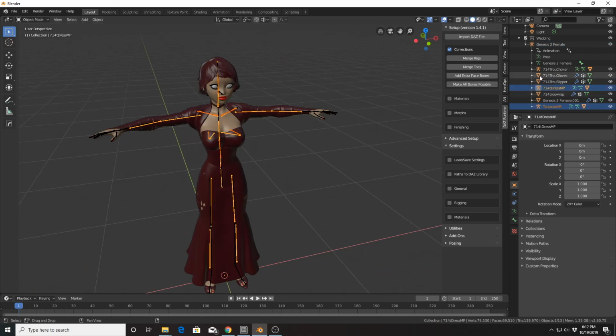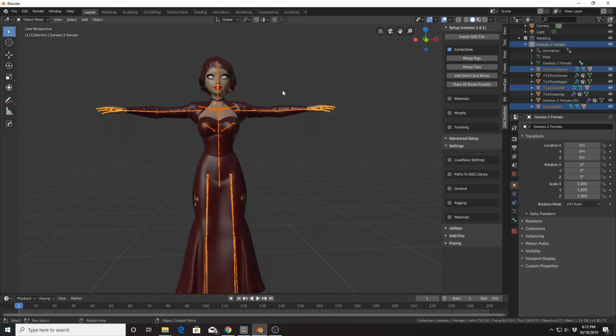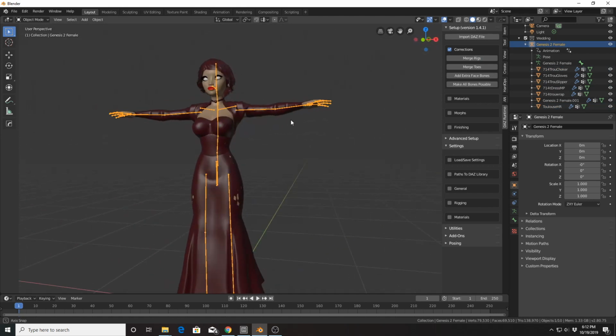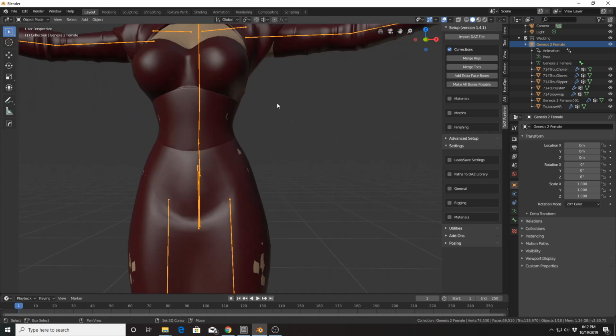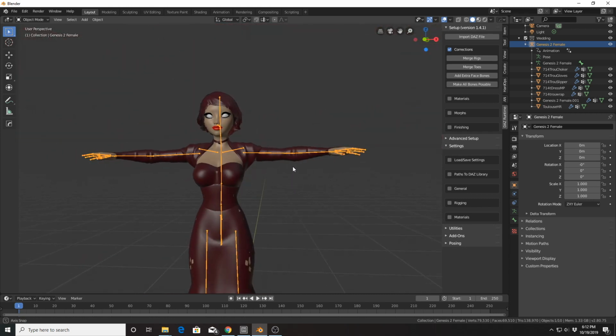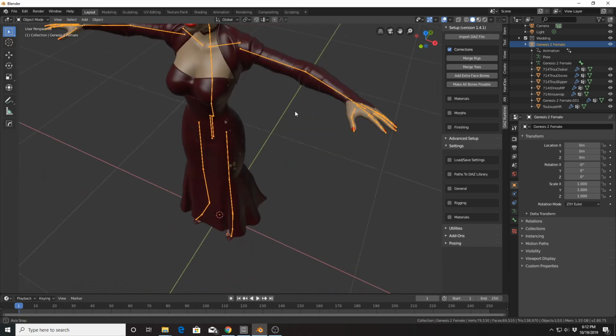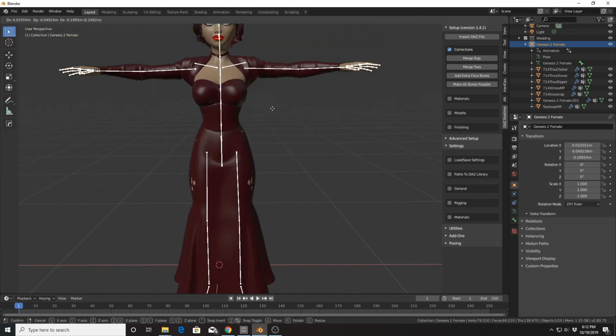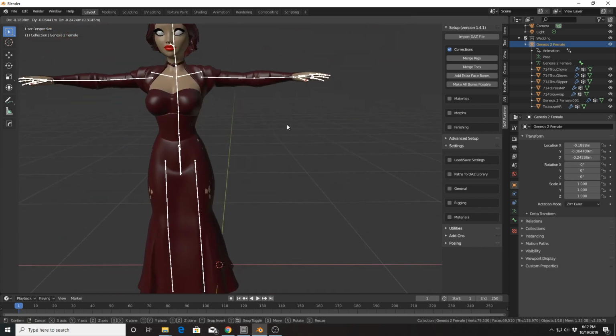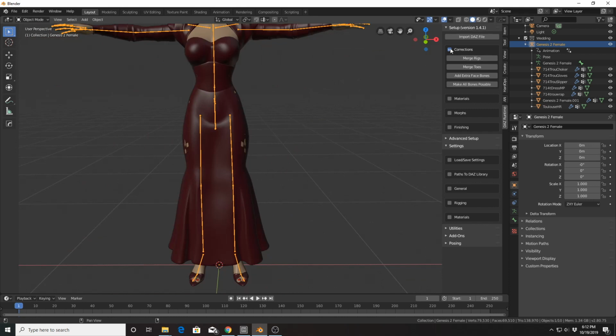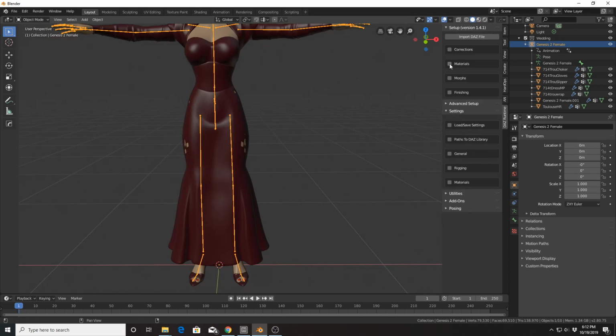I'm going to do the same thing here. Hold shift, select all those, then hit the body armature one more time and hit merge rigs. So you can do each one at a time, or you can do them all at once. So if we move the body, all the clothing moves with it. So that's enough for corrections.